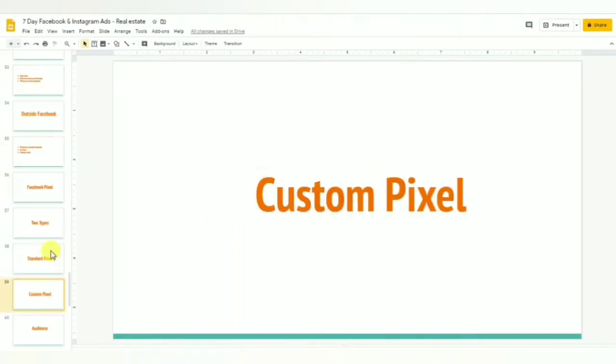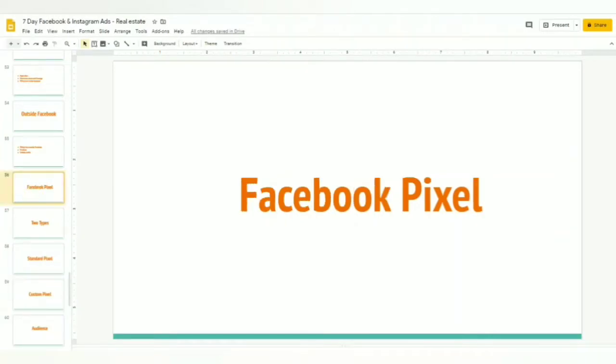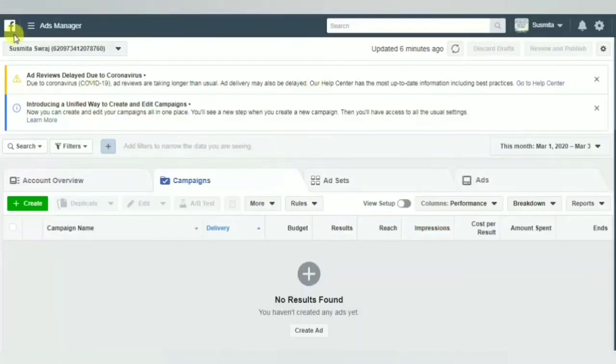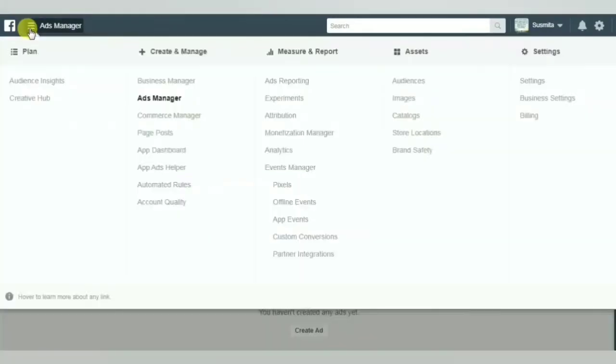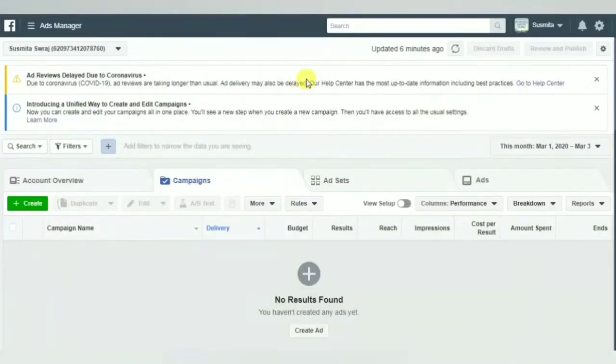Right? To set up this type of pixel, you have to go to your Facebook Ads Manager like this, and then click here on Ads Manager. As you can see in the Measure and Report section, you have to click on Pixel. Just click over there, and I will show you how you can get the code and how you can put it on your website.